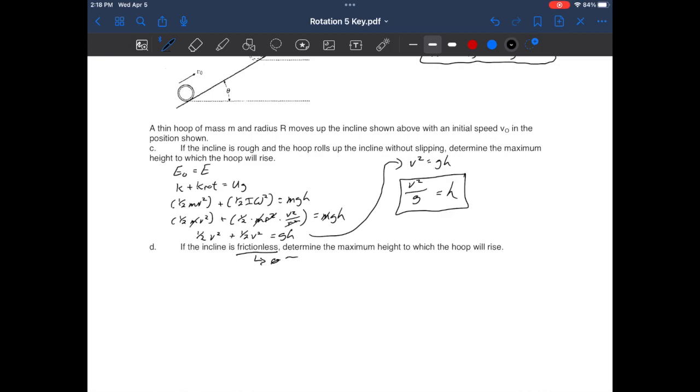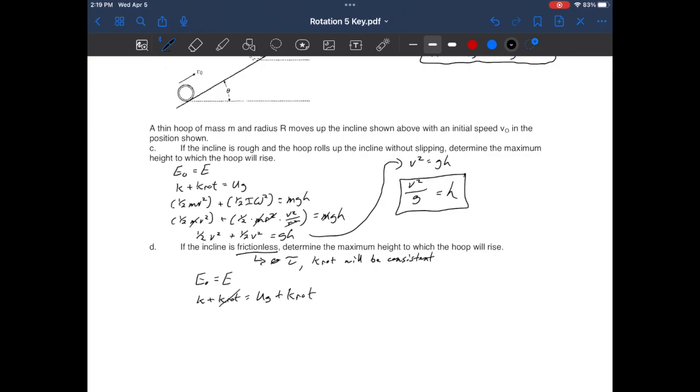All right, the last one says the incline is frictionless. Frictionless means there's no torque. K-rot has to remain the same because without a torque, you cannot have an angular acceleration, so your angular velocity is fixed. You're not going to be changing your K-rot. So we're going to start with initial energy is equal to final energy. Our initial energy, well, it's moving left to right and it's spinning, so we've got K plus K-rot is equal to, well, that left to right energy is going to carry me up the hill some, so I've got some UG,